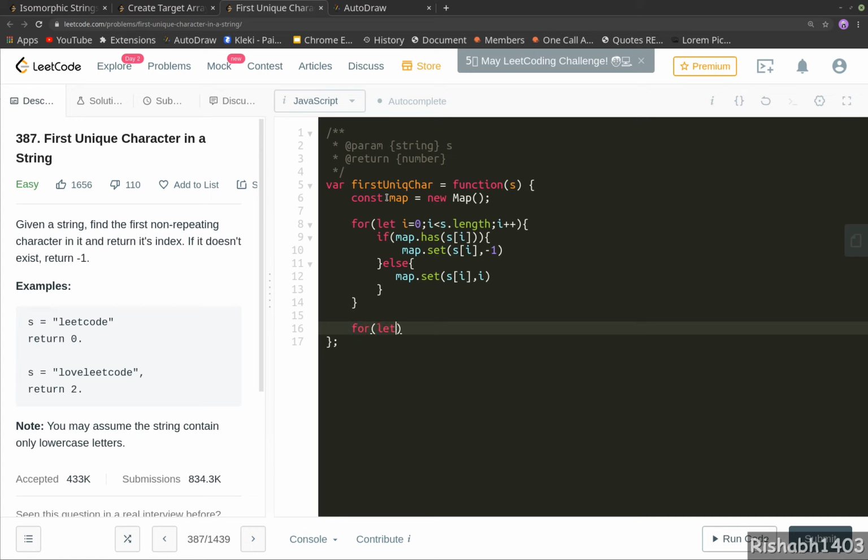So if the value is not equal to -1, we will return the value, that is the index that we stored. And if by any chance we don't encounter any value which is not -1, then that means all the characters have duplicates. So we return -1 according to the question.